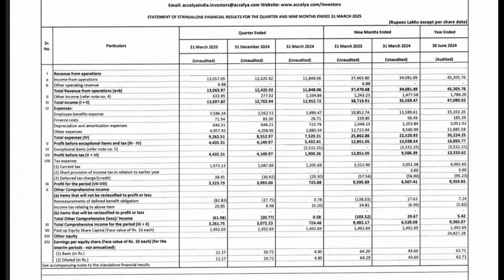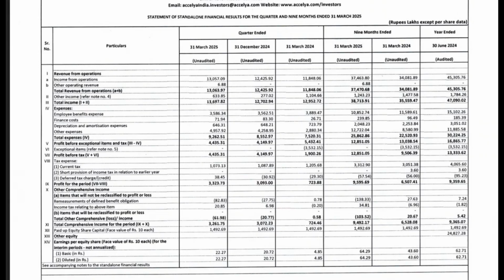The total revenue for the 9 months from 1st July till 31st March so far is 387 crore. For the same time period for last financial year, it was 355 crore. So there is a difference of 32 crore, which is roughly 10%, less than 10%. It's like an 8% increase in the total revenue or total income. If you compare just this specific quarter, it went from 129 crore to 136 or 137 crore.